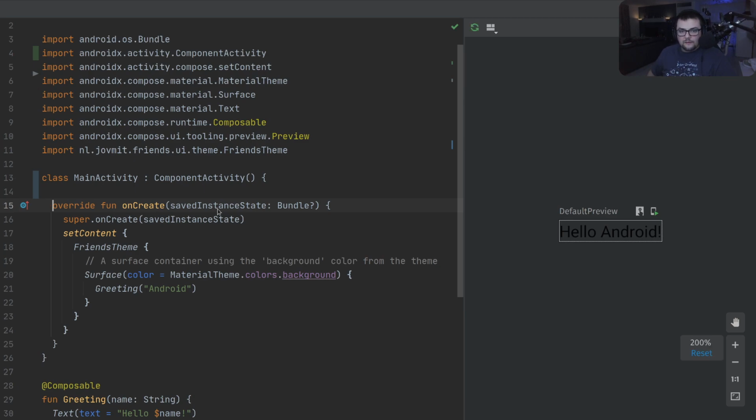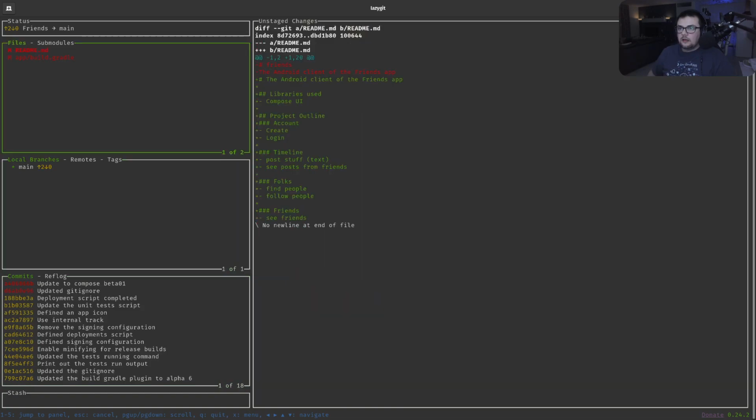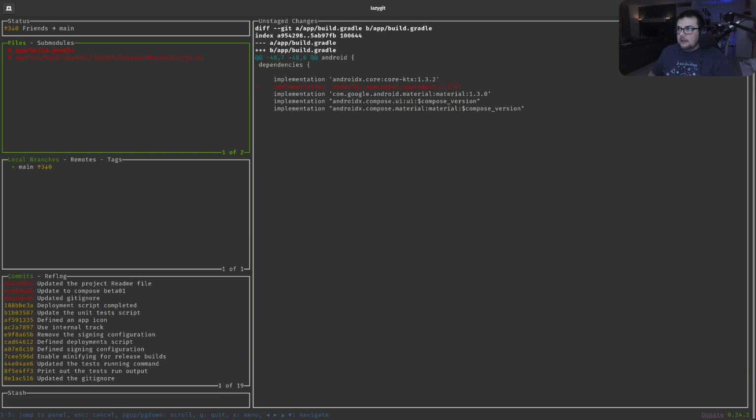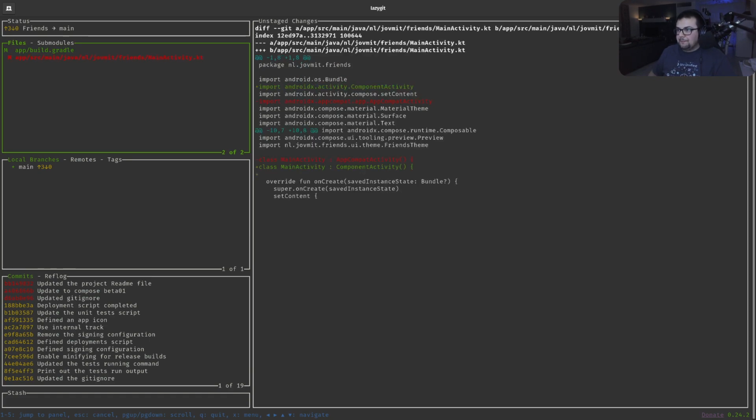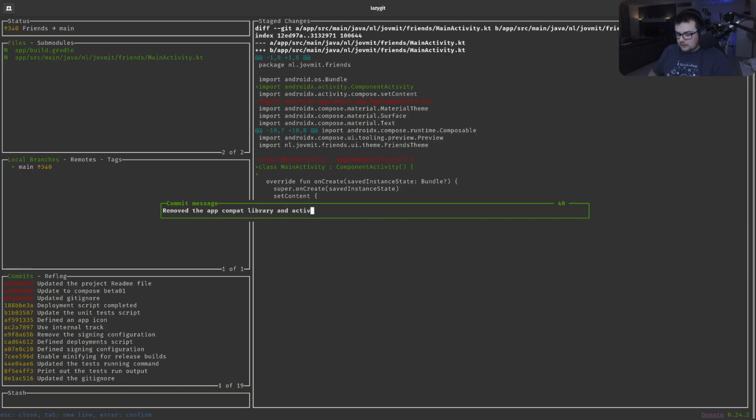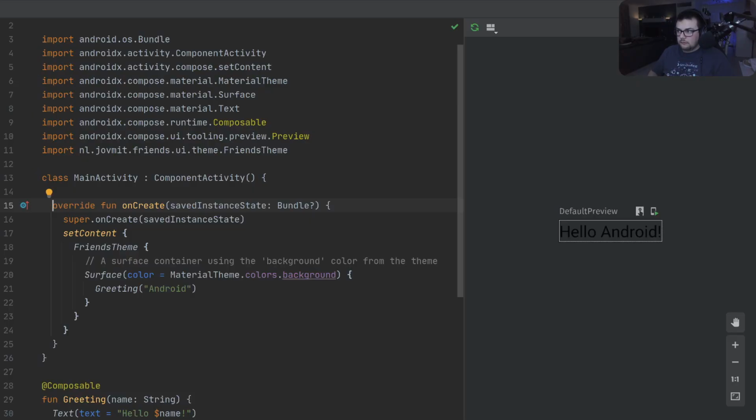So let's maybe first check this one in. Well, first I had to check in the README: updated the project readme file, and now here we have: removed the app compat library and activity. Okay, now we can quickly see if